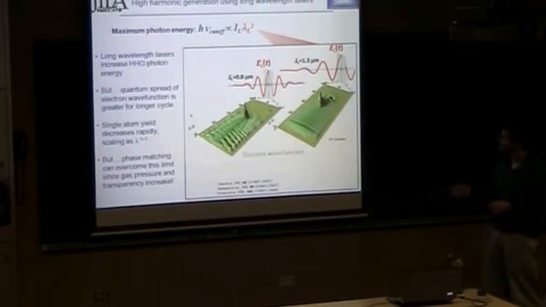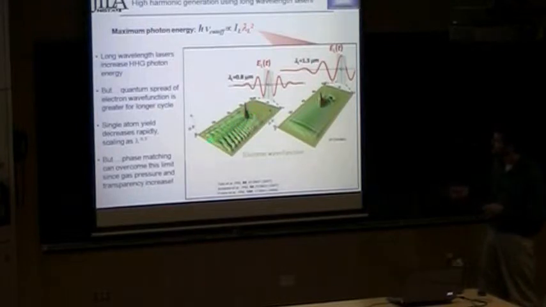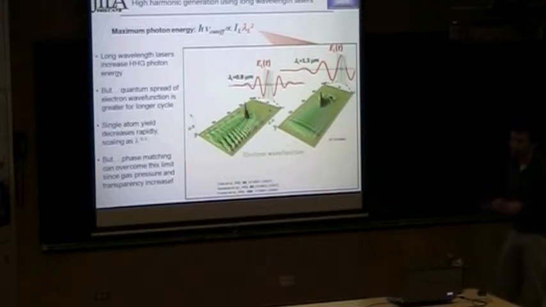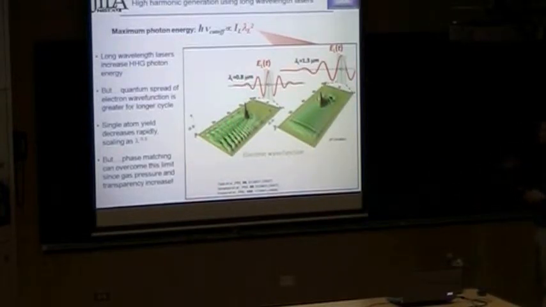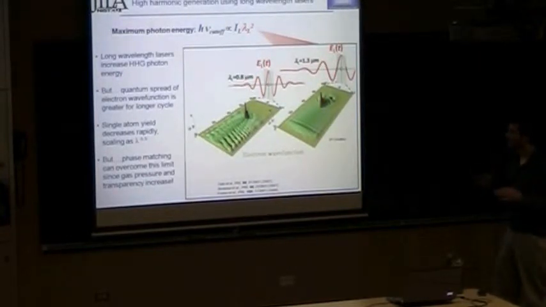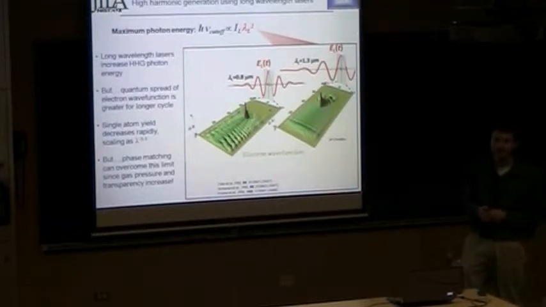And so these are 2D quantum mechanical simulations simulating this process. It is an electron wave function as it goes through this ionization and high harmonic process. You don't have to understand all of it, but the important point is that at 0.8 microns, you get these nice strong fringes, whereas when you scale up to 1.3 microns, they're very smoothed out because the wave function of the electron is spread quite significantly. And so the single atom yield from quantum mechanical simulations scales at something like lambda to the minus 5.5.